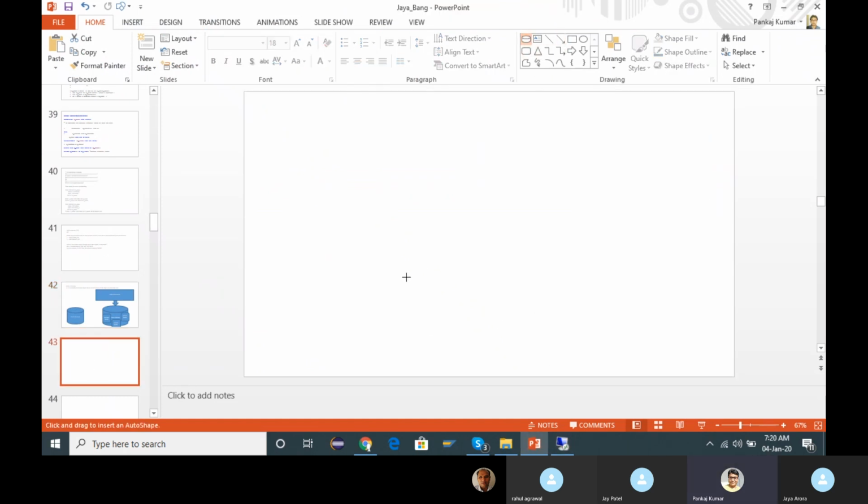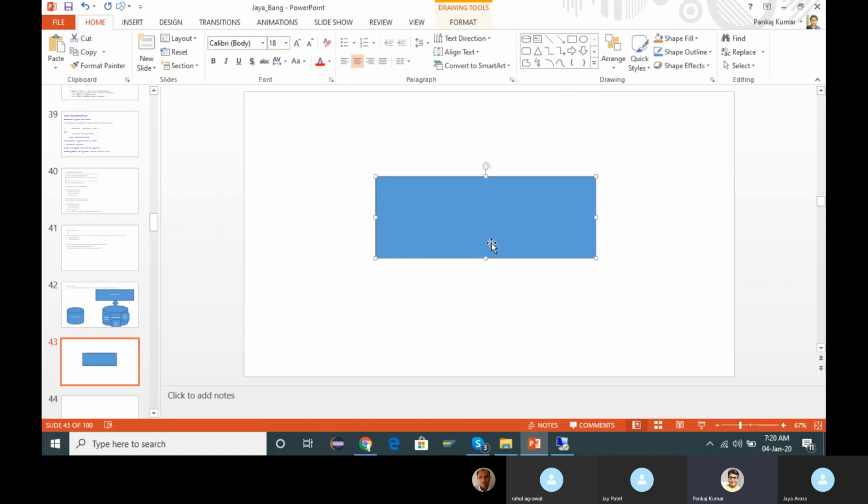This is your application server, SAP ABAP application server, and HANA database, whatever the underlying database is.